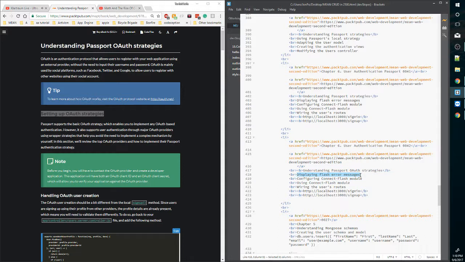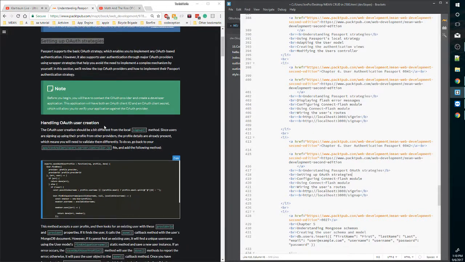Displaying flash error messages, episode 42. We're now going to cover setting up OAuth strategies. And I think a lot of this will be a duplication. Instead of doing a local, OAuth kind of consolidates. There's probably an OAuth module that it's going to show us how to install. Which again, they're all kind of the same pattern. You just gotta,